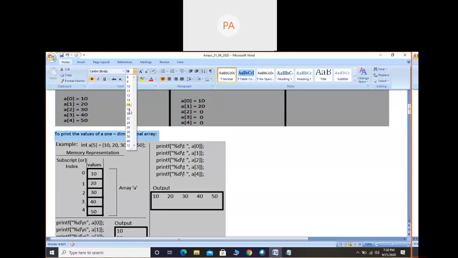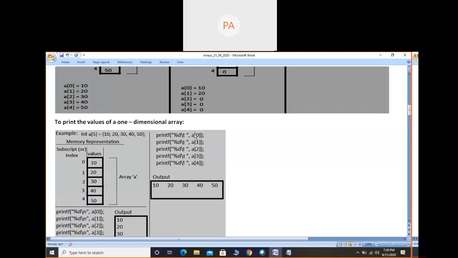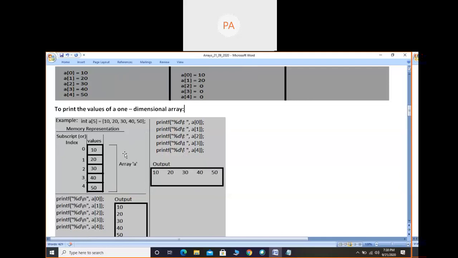Whenever you consider the values which are stored in memory, when we print them, they will be displayed on the screen and visible to the user. Similarly, when we consider the array, in an array we are storing more than one value by specifying the size. So size indicates the maximum values we can store. Position indicates how we can access the elements. By indicating the position, we can get the particular element of the location.